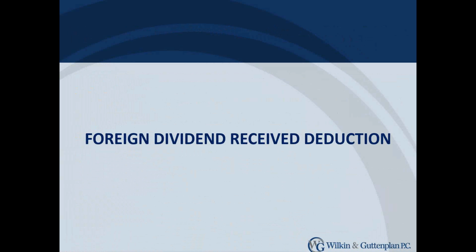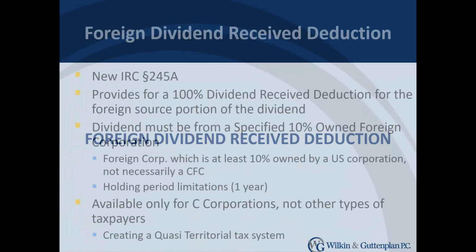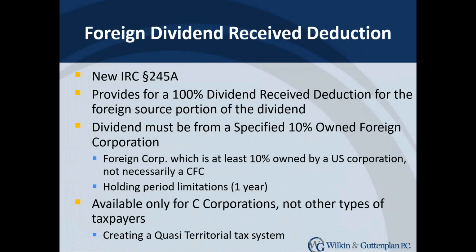The map that Darko just illustrated showed the behavior of the tax motivation to keep money offshore. What this provision is trying to do is move us to a territorial tax system. It's really not a full territorial tax system. It's a quasi-territorial tax system, and you'll understand why in a minute. So the way the system works is the dividends that a U.S. corporation receives from its foreign subsidiary are still taxable.